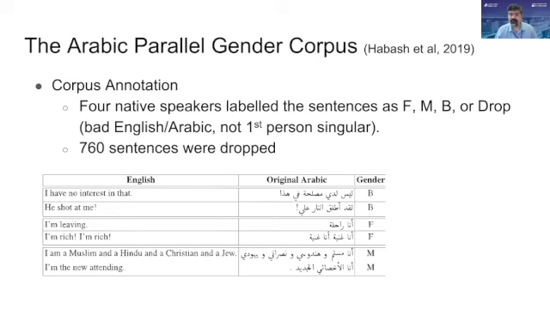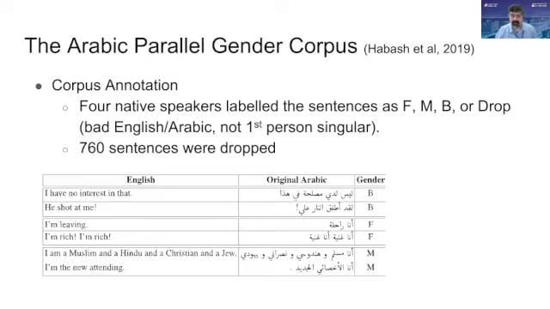And what we did, we paid a bunch of our students to go in and annotate. If I see a sentence, can you tell me if you can determine the grammatical gender of the speaker, or if this is actually just a garbage case? There's no first-person speaker. This was a translation or a mistranslation that did not give us what we need.